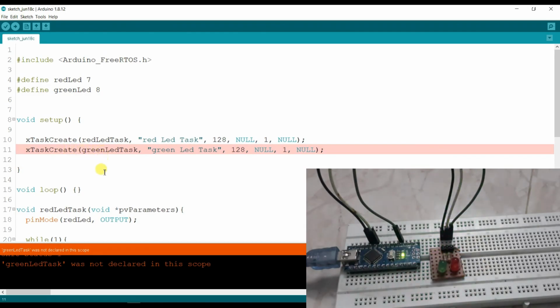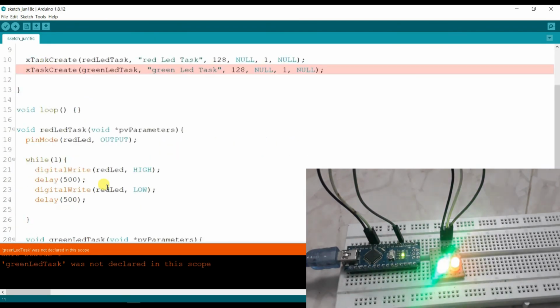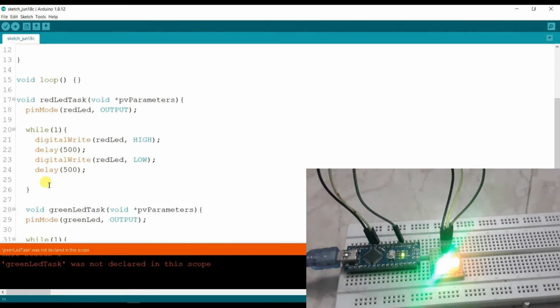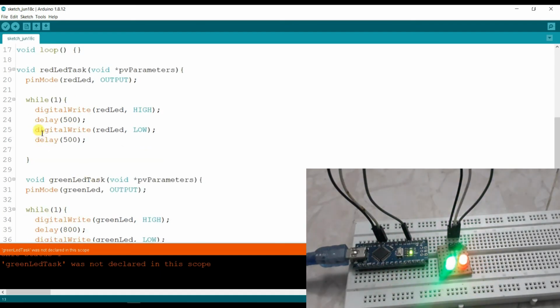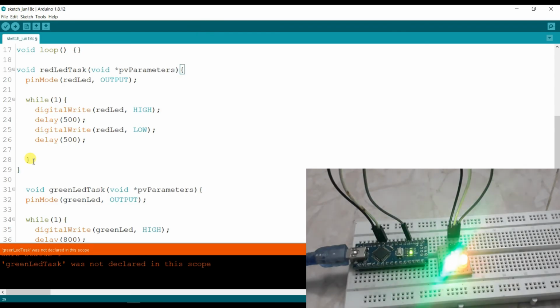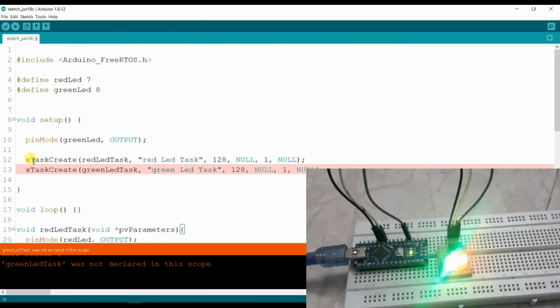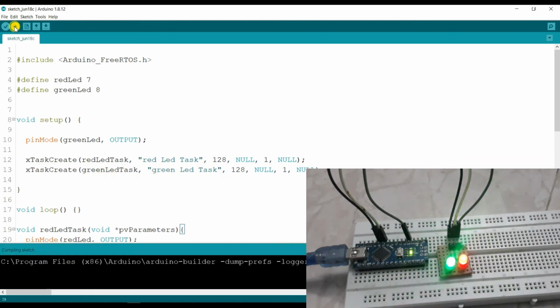Here is a problem. Green LED task, here is red LED task. I think here is the problem. Okay, I will compile and upload again.